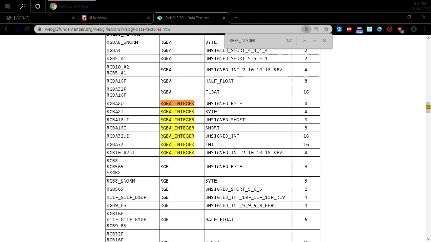Okay, so I'm just looking at my shortcuts here. Okay, and paste. Okay, so